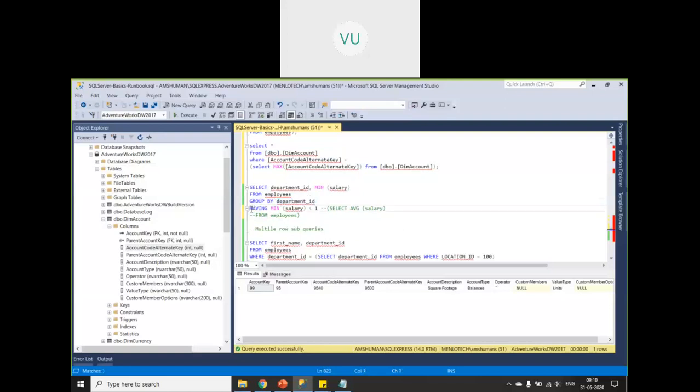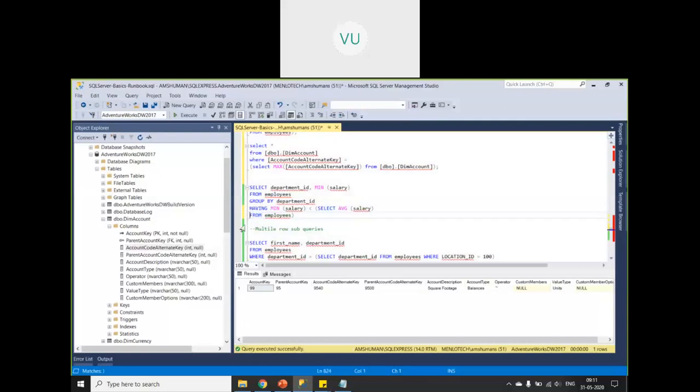Then I'm applying some condition on those groups, so only the groups satisfying this condition will be returned. The result set will be filtered. Then I'm applying column filtering. Now, instead of putting a literal value in the having condition, I am trying to retrieve a scalar value using the subquery. That is the meaning here.